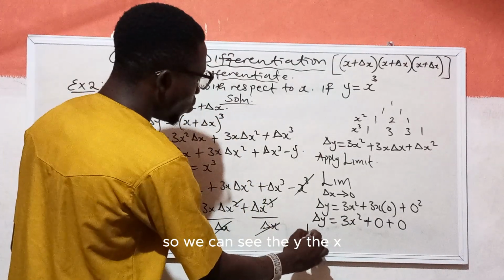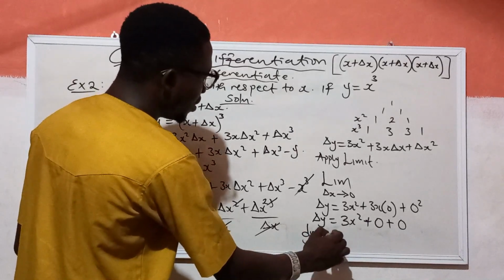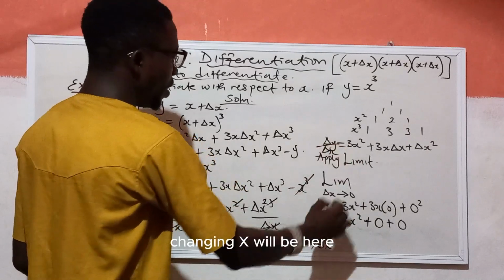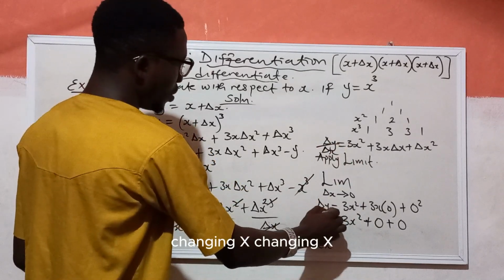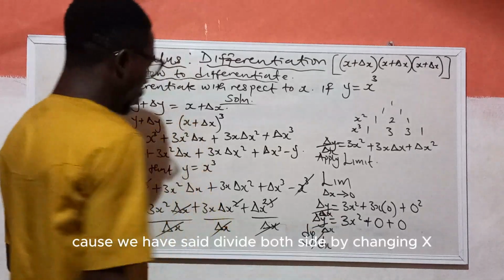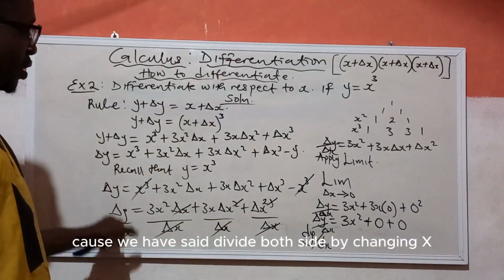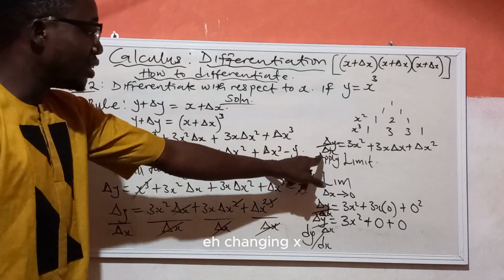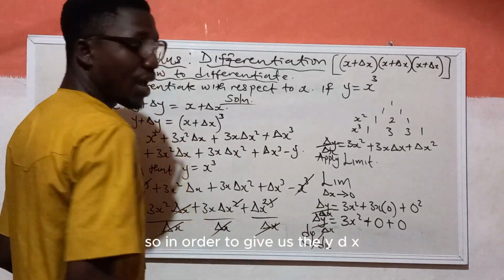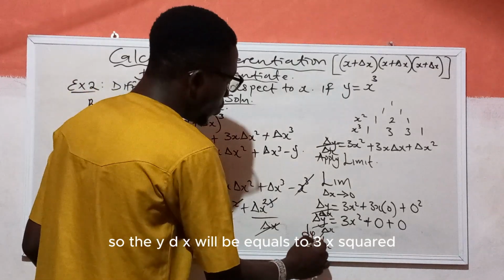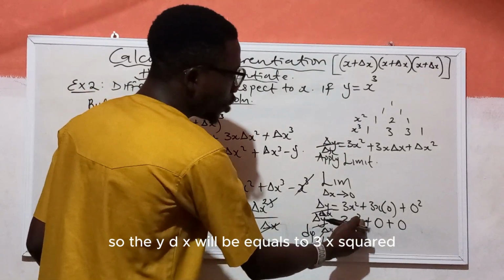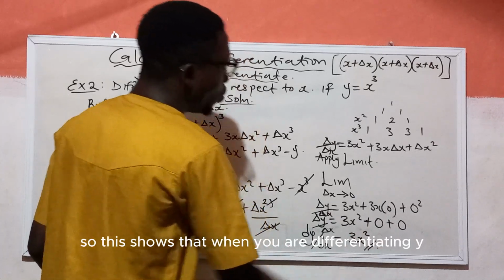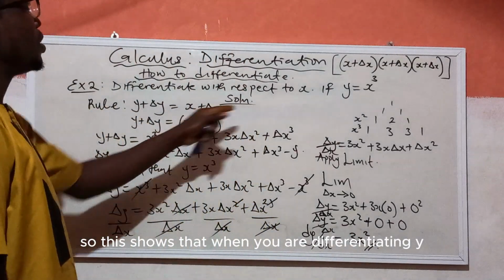So we can say dy dx. Because we said divide both sides by change in x, it must show that we are using the change in x. So in order to give us dy dx, dy dx will be equal to 3x squared plus 0, which becomes 3x squared. So this shows that when you are differentiating y